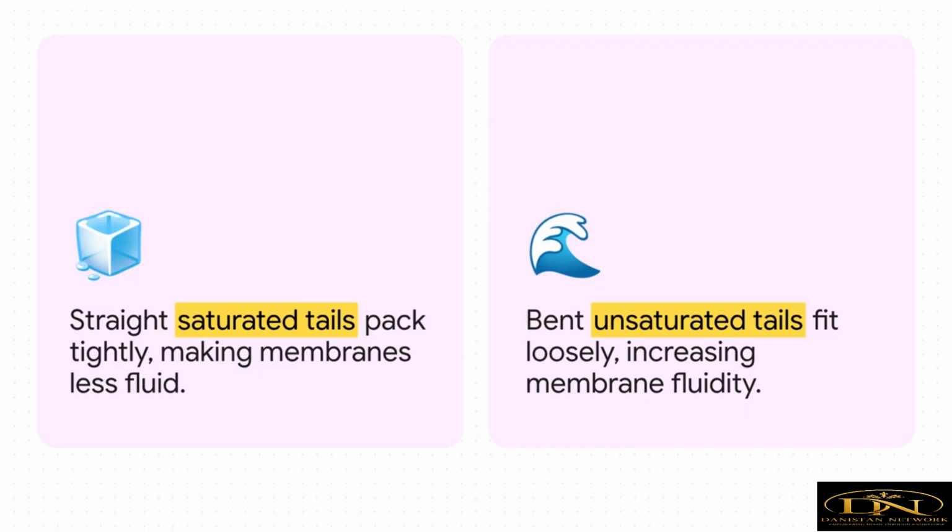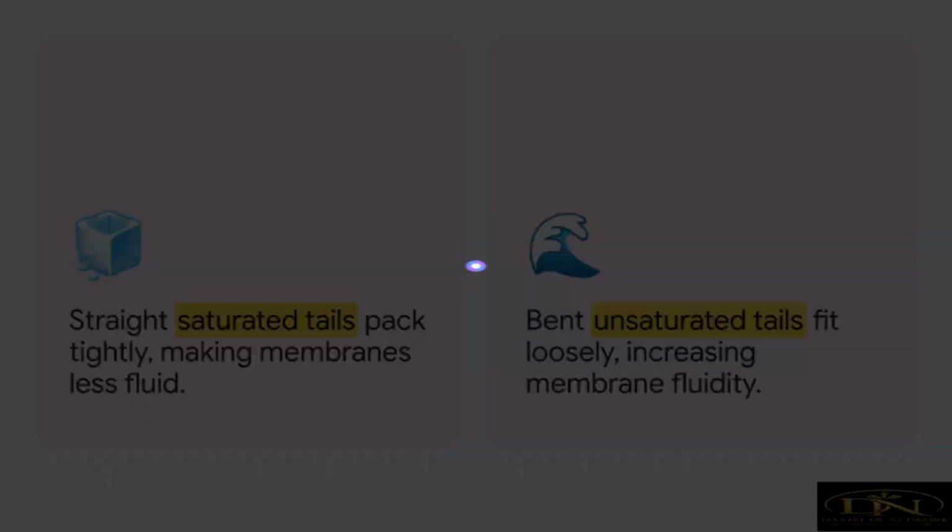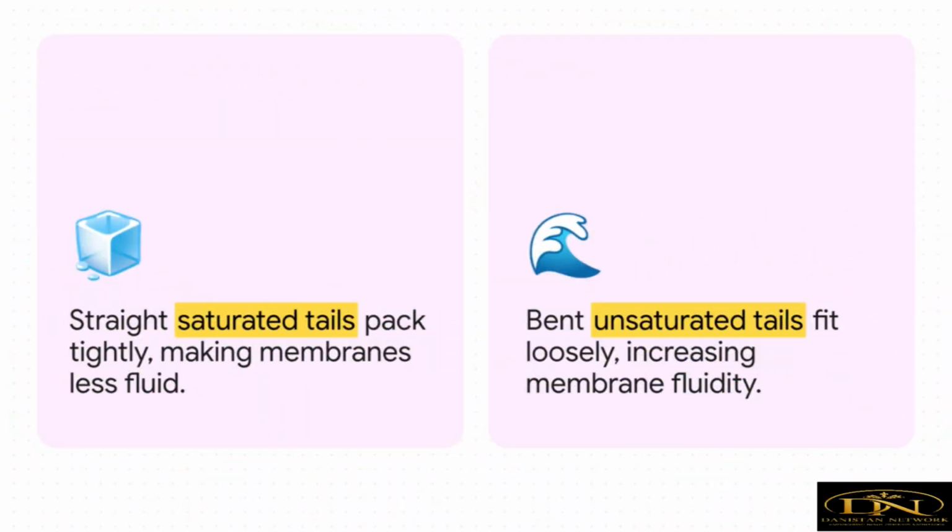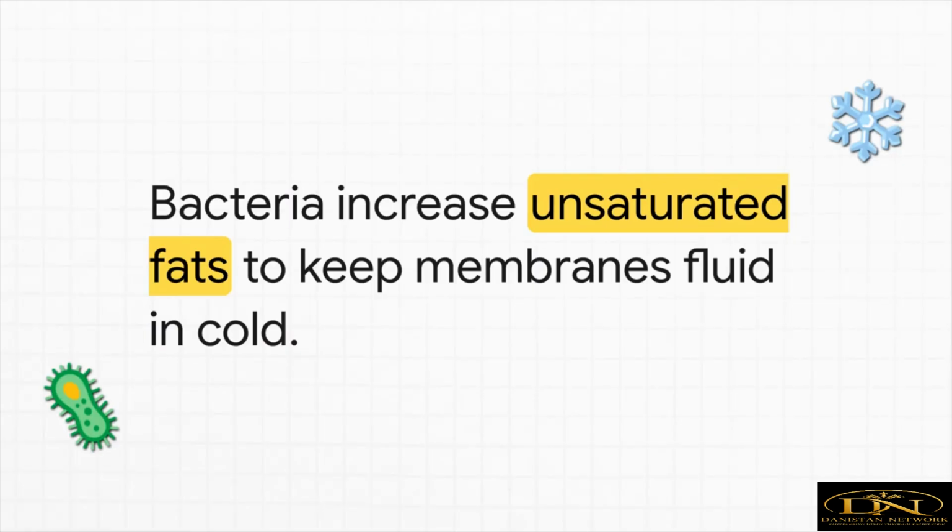Because they're bent, they absolutely refuse to pack tightly, they physically push each other apart, loosening up the structure and dramatically increasing the membrane's fluidity. This delicate balance of straight and bent tails along with their length acts as the cell's structural thermostat. It's almost as if these organisms put on a microscopic winter coat of unsaturated fats to keep their cellular city